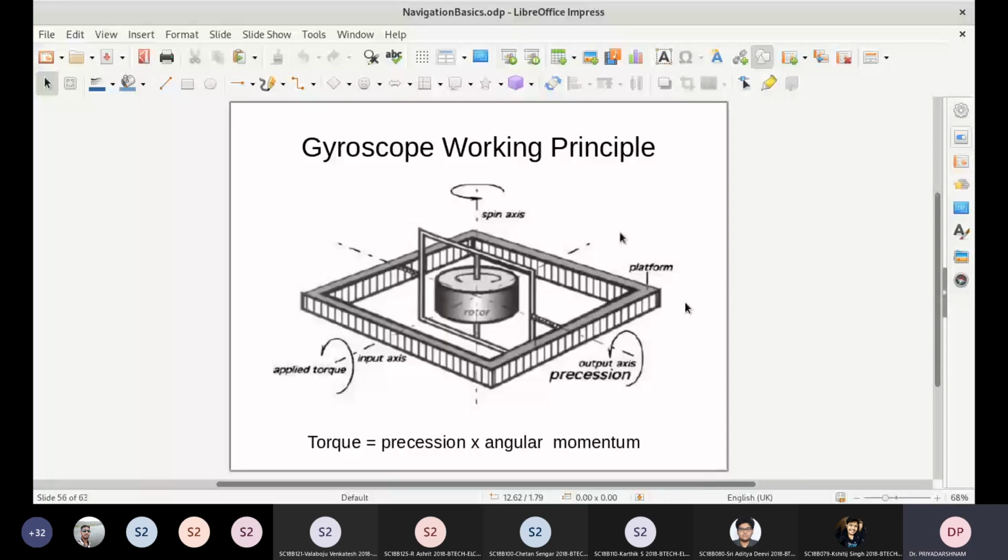Towards up, I think. Yes, very good. The vertical axis is the upward axis along which you have applied the torque. That means this gimbal was pushed in that direction. That is your input axis. And then the precession axis